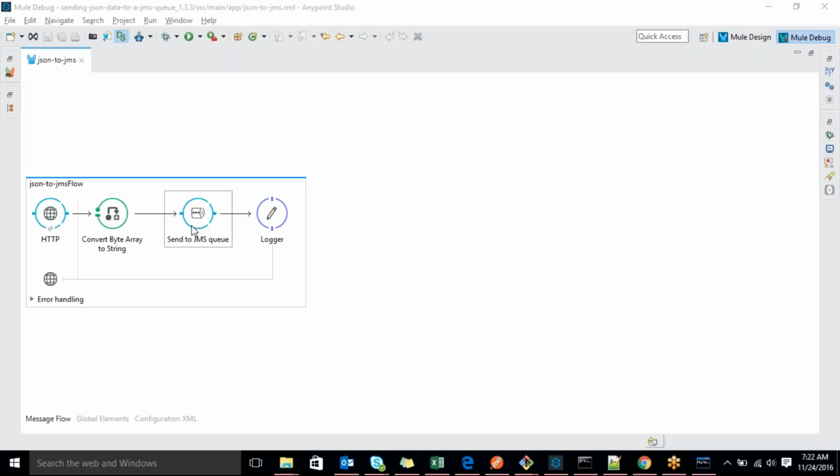Another scenario is, see, my requirement is, the user will hit the request. I mean, a consumer will consume our service. In the service, they will send one callback URL. On the Mule end, based on that callback URL, I have to check it actually. If the callback URL is there, then only I have to keep the data in the queuing mechanism. If there is no callback URL, then I have to skip pushing that message into the queuing mechanism. You are getting why that callback URL is there.